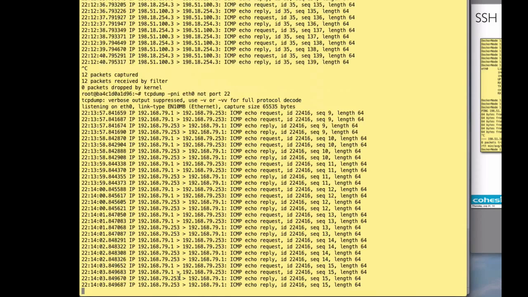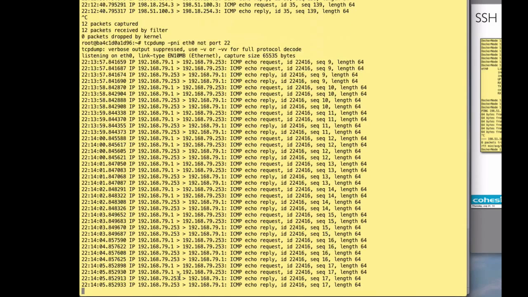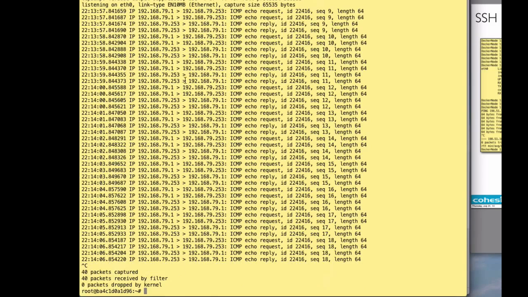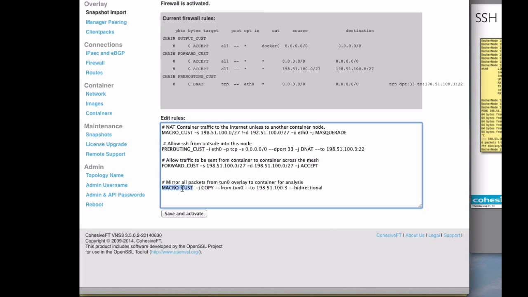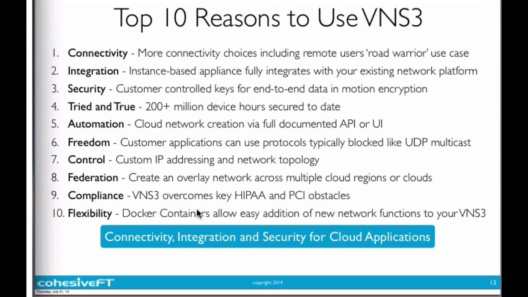So we're able to get a copy of the traffic that's traversing the internal network by having our container system and effectively having one simple rule added to our firewall to send a copy of those packets over to the container for analysis and review. Well, that's it for now in terms of how to send data safely and securely between Docker containers over the internet,